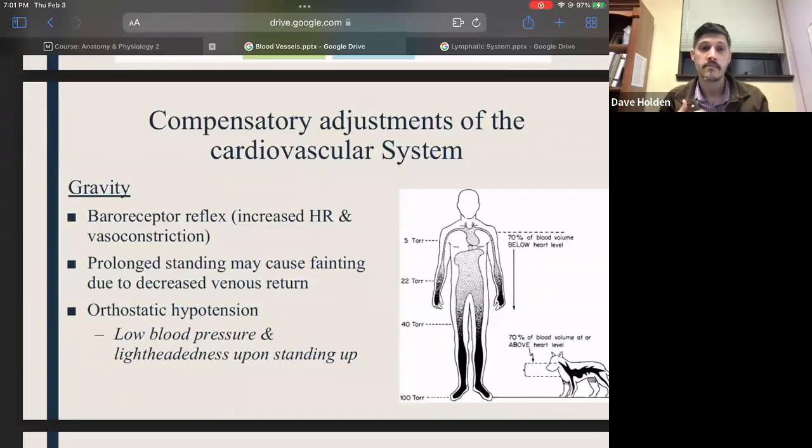Prolonged standing can cause fainting due to decreased venous return. We see this a lot, actually. You see it particularly in military guys where they're standing at attention for long periods of time. And what happens is as they're standing, they lock their knees, which you're not supposed to do. When you lock your knees, it puts pressure on the vein behind the knee, which pinches the vein, reducing blood flow back up. And remember, when you don't have a lot of blood, the blood pressure drops. Remember that little tidbit? So if the blood is not returning to the heart